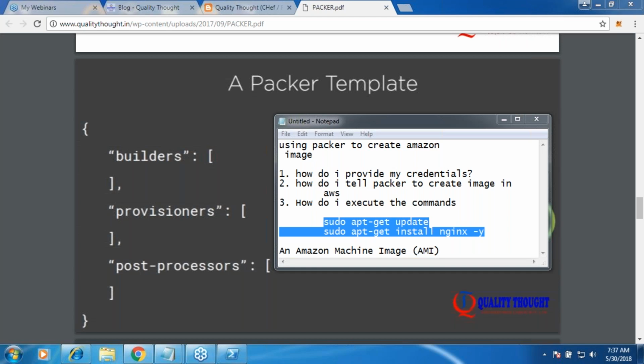We write all of this in a file which we call a Packer template, because what we are writing is a template which will give us an image. You execute this template as many times as you want, you will be getting the same image. That's the first thing. And now this template is in the format of JSON, JavaScript Object Notation. So the first thing before we get into all of this is we should know how to write JSON or how to read JSON. So let us worry about that.